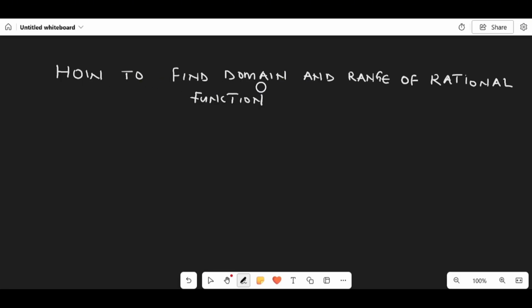How to find domain and range of rational function. What is a rational function? A rational function is any function that can be written as